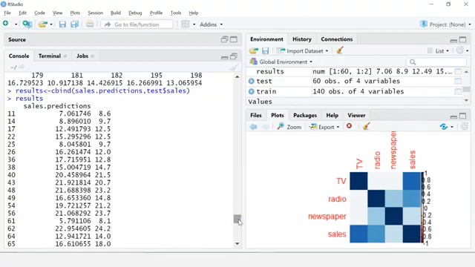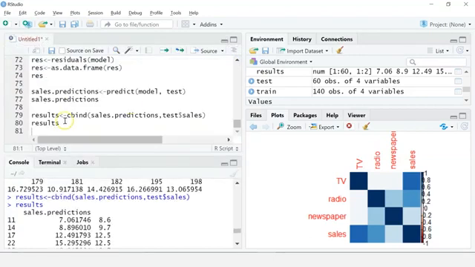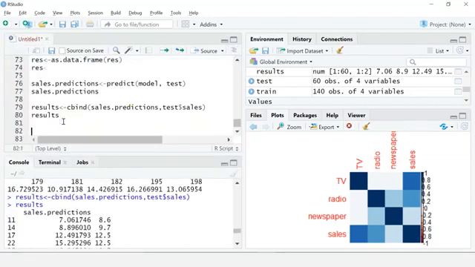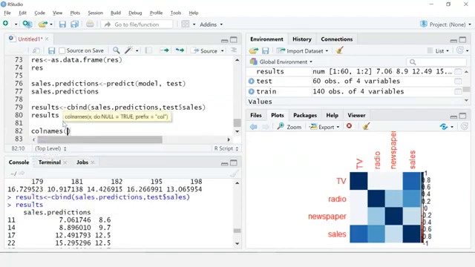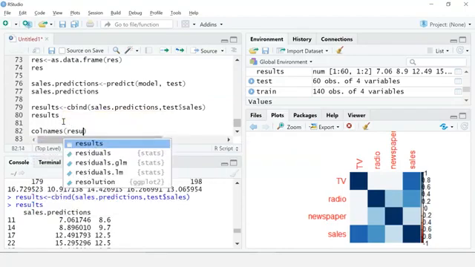have any name assigned to them. So let me go ahead and assign the column names using the colnames function and convert it into a data frame to make it look better. So I'll use the colnames function and pass in my results variable.